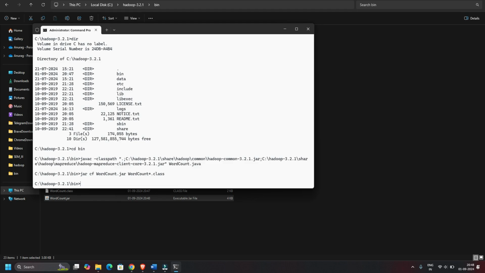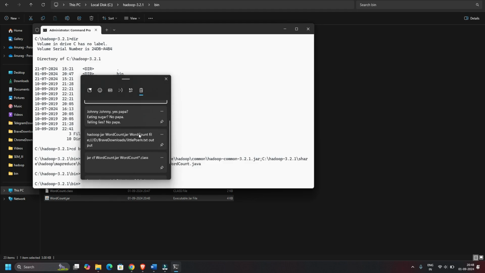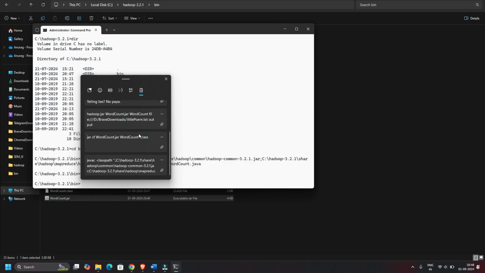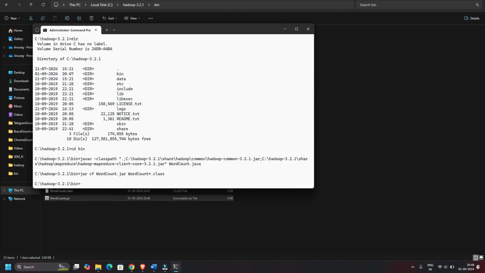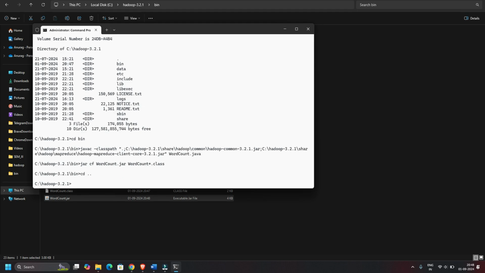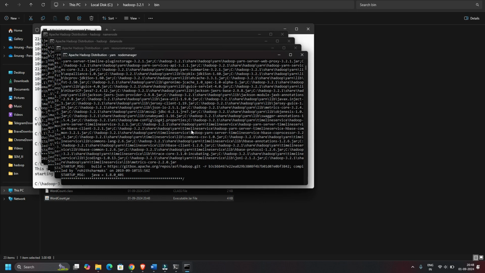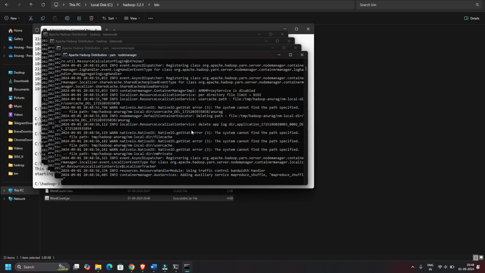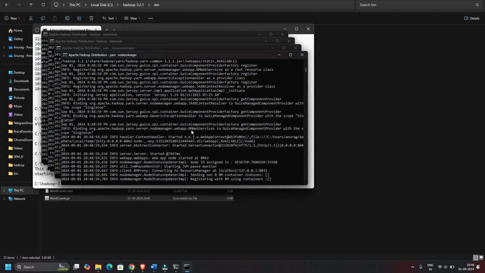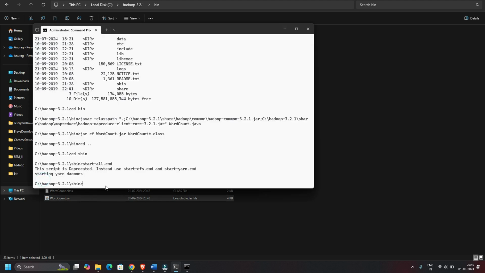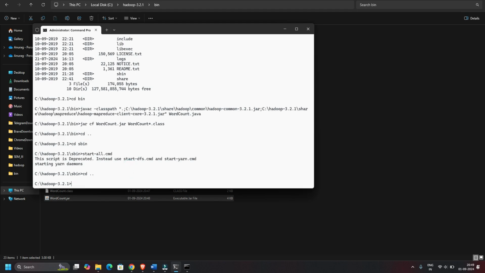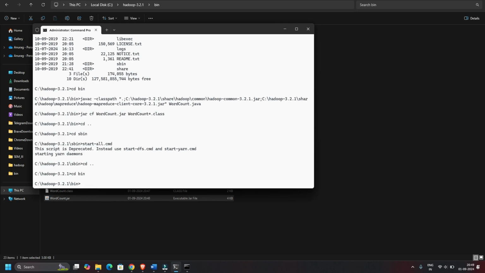Now we are ready to go with the word count execution on the file. So for that, we first have to start Hadoop. So as you can see, Hadoop is up and running. Now go back to the same directory, Hadoop and Hadoop/bin, and just